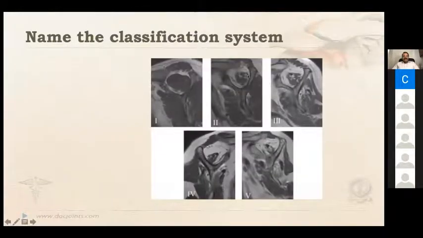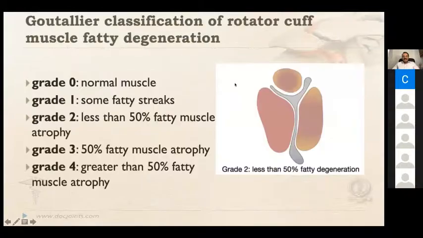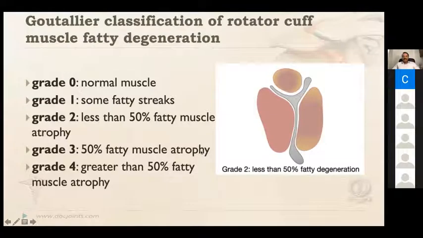So we were talking about the classification of fatty infiltration. That is the Goutallier classification. It is a French classification name, and there are 5 grades of fatty infiltration of mainly the supraspinatus. There the muscle is more than fat. Here the fat is increasing. Grade 2 is where there is 50% fatty atrophy. More than 50% is fat, that's grade 4, and grade 5 is mostly fat load.